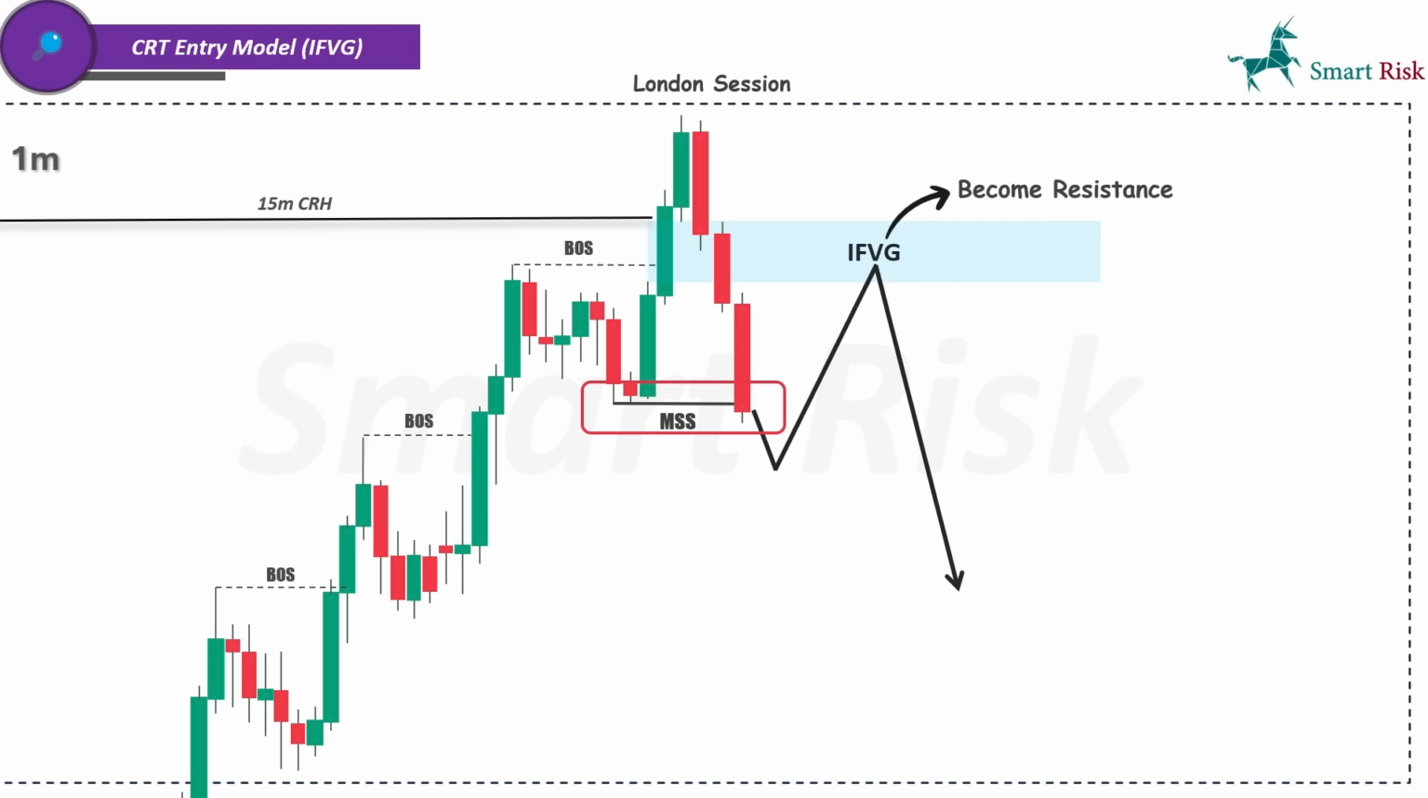With these confirmations in place, we can expect price to retrace back into the IFVG, now acting as resistance, before continuing lower toward the next sell-side liquidity pool. For placing an entry using this model, you have two options. But before we get into them, keep in mind that you can always add extra confluences, such as a V-shaped